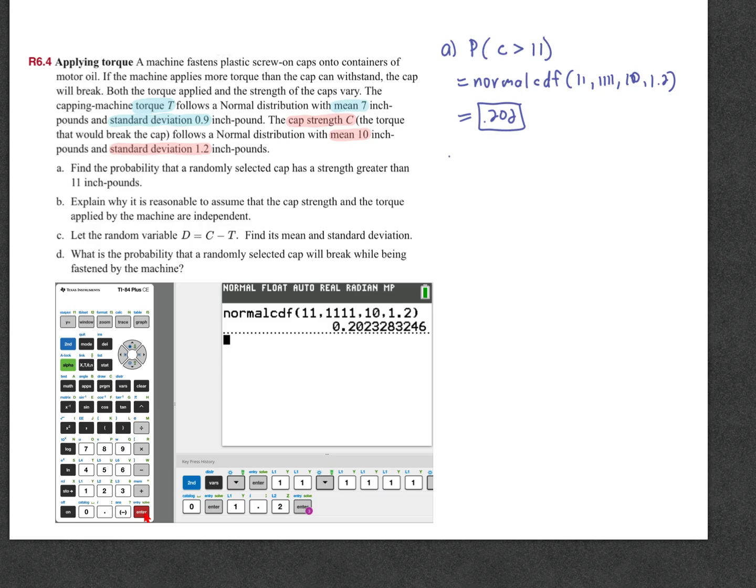Okay, part C. Let the random variable D equal C minus T, and then find the mean and standard deviation. So this is subtracting two distributions, the distribution of cap strength and the distribution of torque. First, think about what this variable D represents. Actually, we'll talk about that for part D. Let's just find this. So the mean of D,